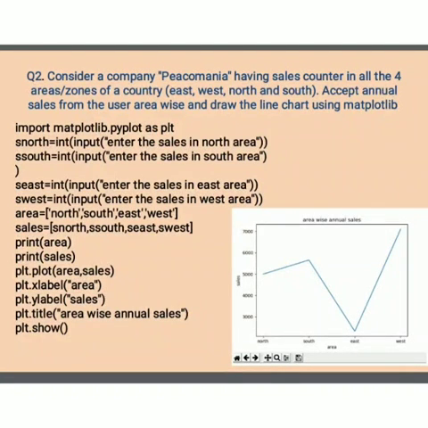Good morning, students. Today, let us consider one more real life example of Matplotlib. We will consider a company, and the name of the company is Pisomania. It has sales counters in all the four directions or zones of a country: east, west, north, and south. What we actually have to do? This time, we will accept the value of sales from the user area wise and then draw the line chart